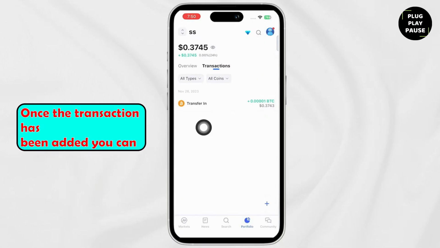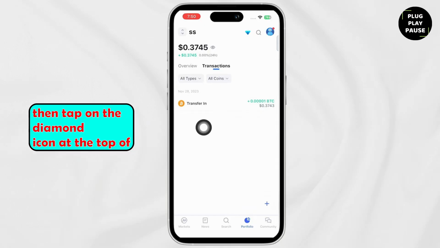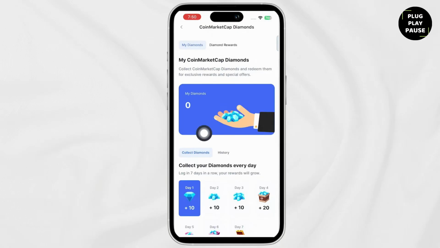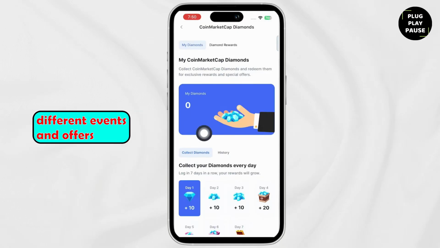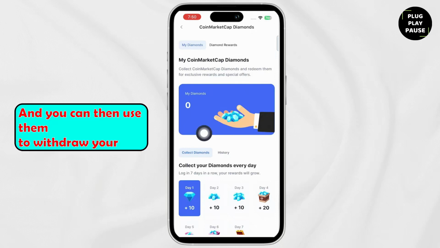Once the transaction has been added, you can then tap on the diamond icon at the top of your screen right beside the search bar. Then you can use these diamonds from different events and offers, and you can then use them to withdraw your